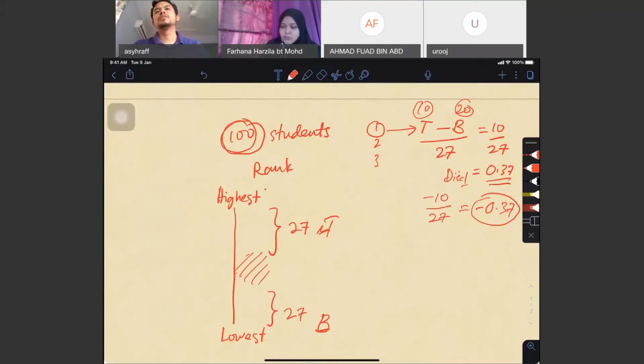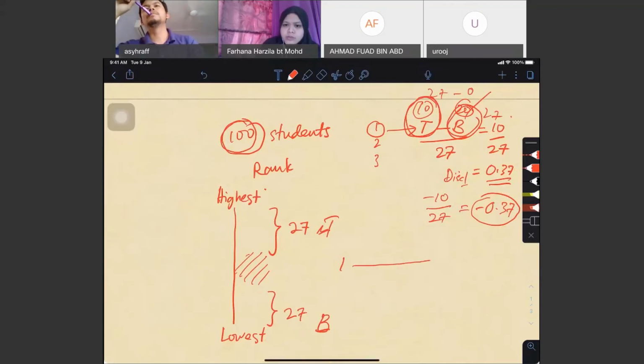Maximum 1. Okay, 27 out of 27. Let's say all students in the good group were able to answer, and none of the students in the poor group can answer. So it's 27 minus 0 over 27, right? So we get 1. So the range is from 1 to